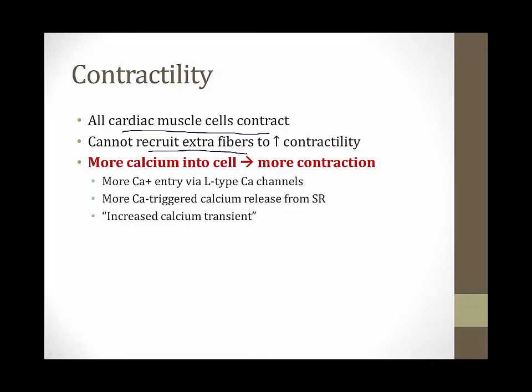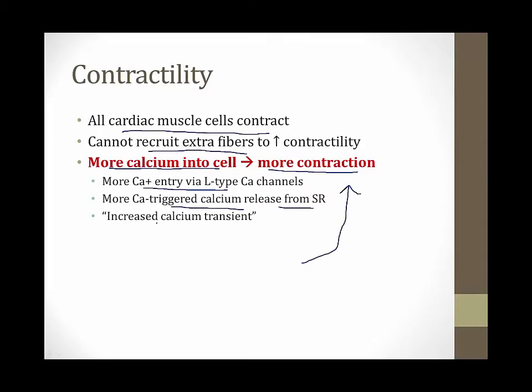That's what skeletal muscle does sometimes, but the heart can't do this. The only way the heart can squeeze harder is by sending more calcium into the cell. This will lead to more contraction. The way this is done is the heart allows more calcium entry via L-type calcium channels. That leads to more calcium-triggered calcium release from the sarcoplasmic reticulum, and this will lead to more contraction and higher